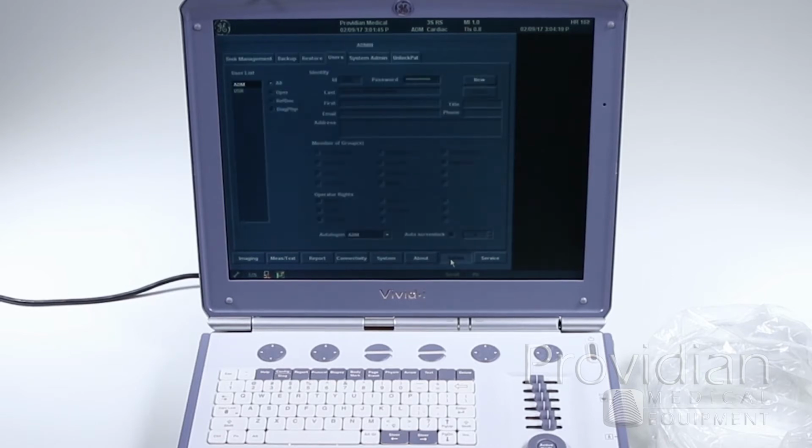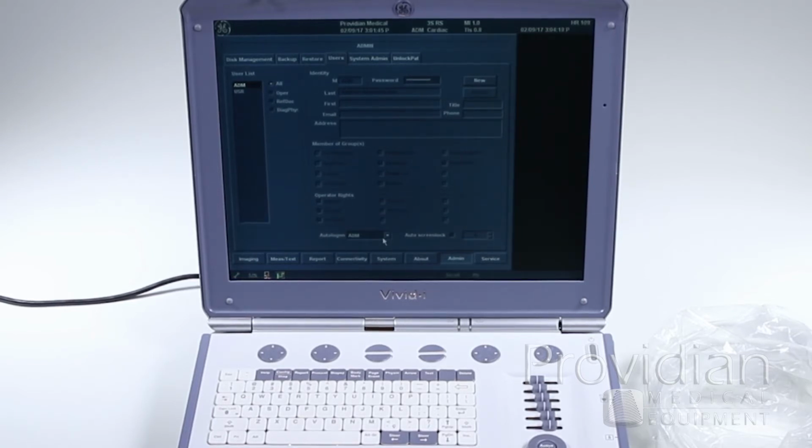Click set. And let's make sure you're logged on as administrator. So you can click on administrator, and you may also want to set the auto log on as administrator. If you did not get to this page, chances are you're not logged on as administrator. To log on as administrator, just choose ADM from the drop-down box, and the password is